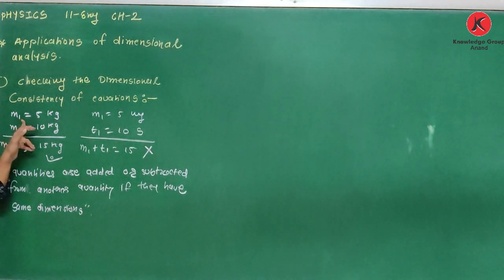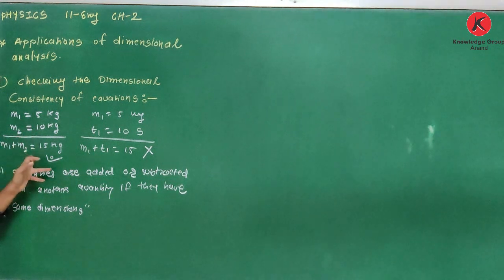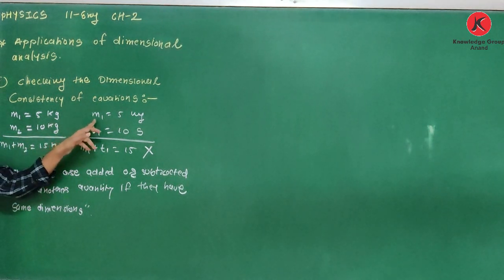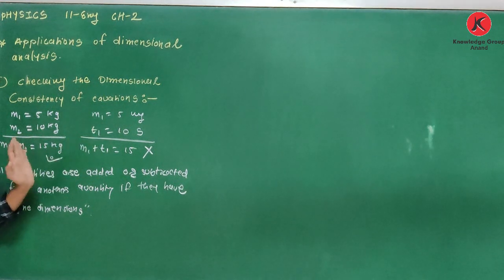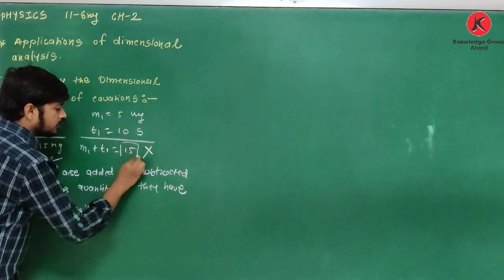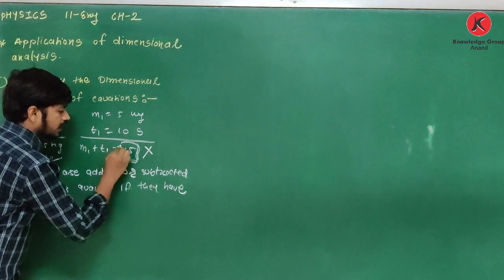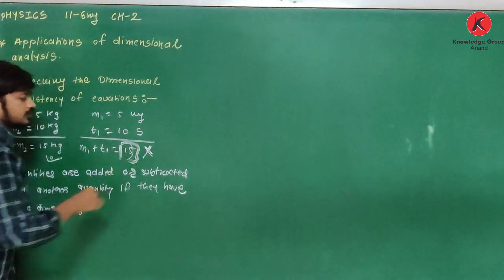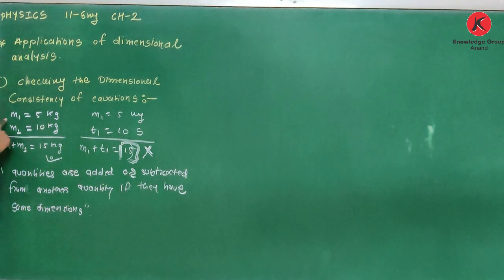Yes, if I am given two masses m1 and m2, then I can easily add them. But if I am given two different values m1 and t1, then I cannot add like this. Their magnitudes I cannot write like this. Clear? But the magnitude of two masses, it is 15, I can write like this. Clear about this? So physical quantities are added or subtracted from another quantity if they have the same